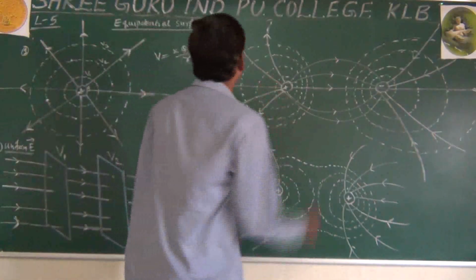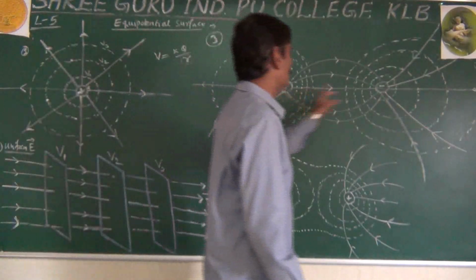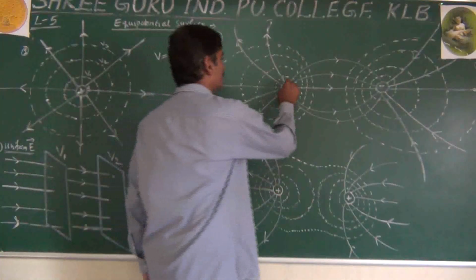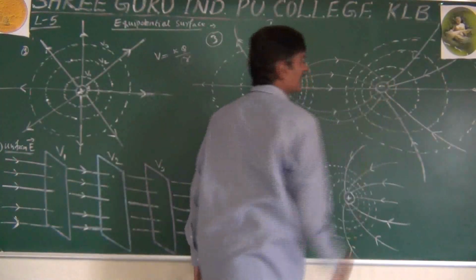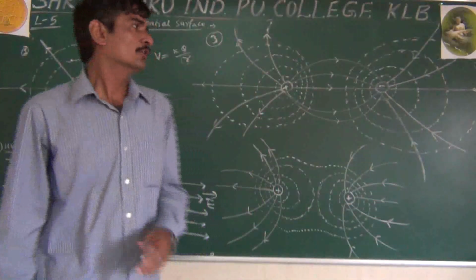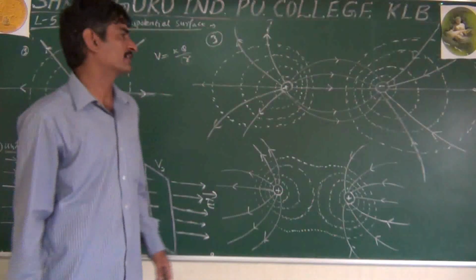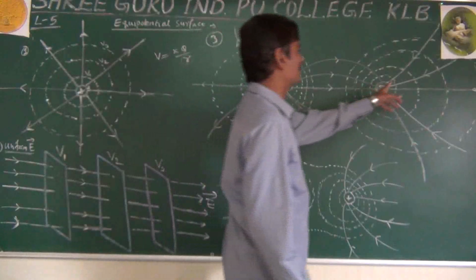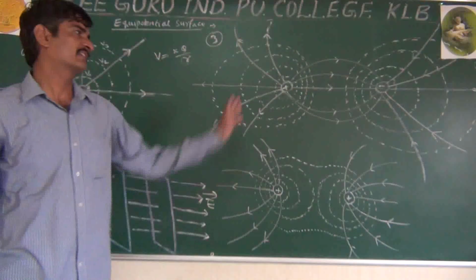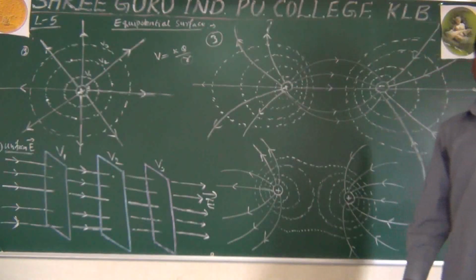Okay, so now this one, the third one: equipotential surface, part 2, equal and opposite charges. So this one is a positive charge, another one is a negative charge, like an electric dipole. Two equal and opposite charges separated by a small distance, and now draw the equipotential surface. So we know that this diagram, all these full lines, indicate the electric field lines that we have already studied in the first chapter, electric field intensity and Coulomb's law.